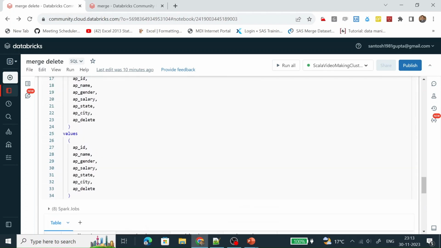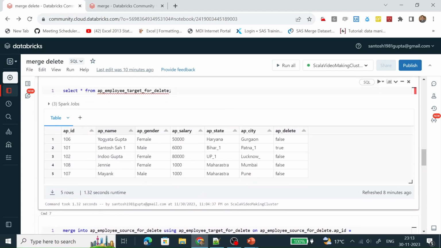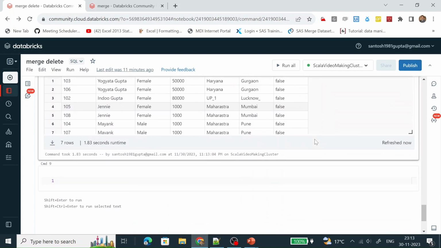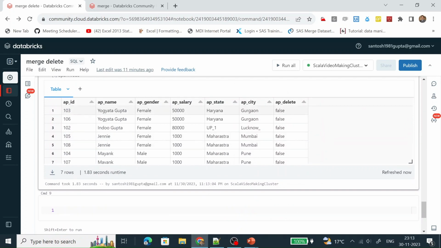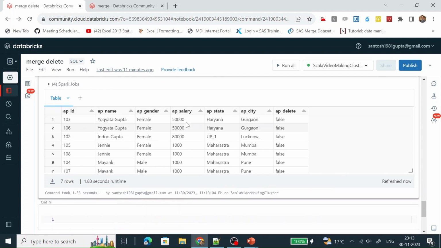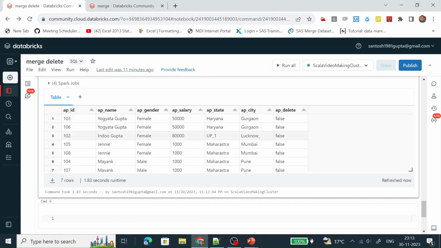The target table has a true value. This one, the AP city name is equal to Patna, APID is 101. But we can see it is not there. AP 101 is not there. And some data is getting replaced because it matched, and the rest of the data is getting inserted.